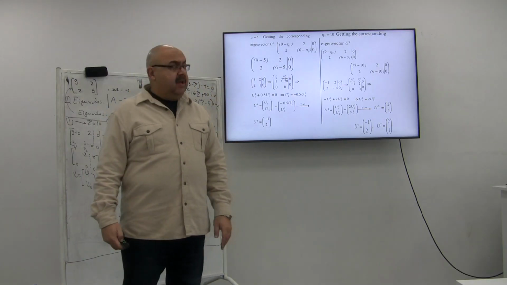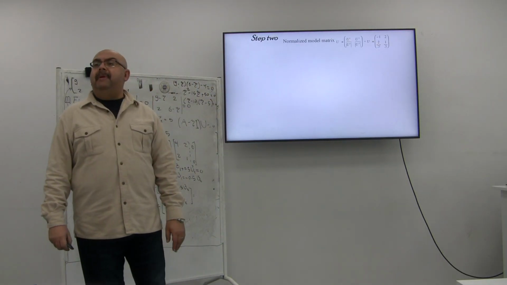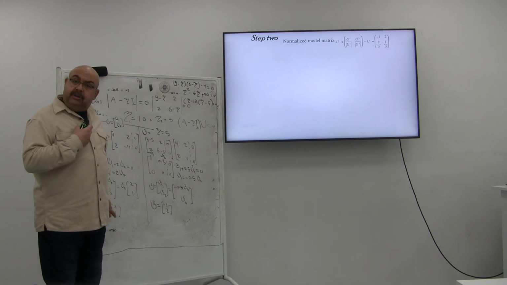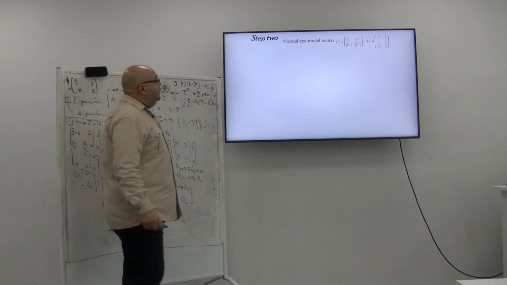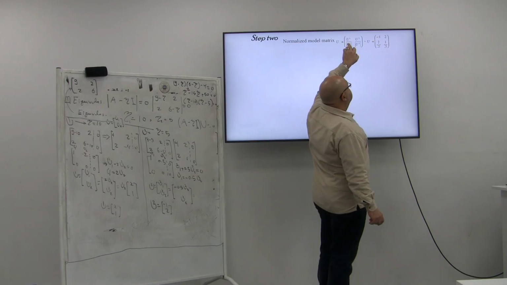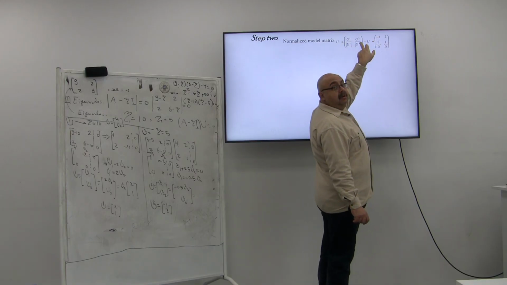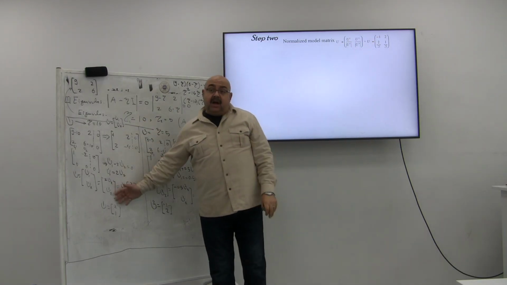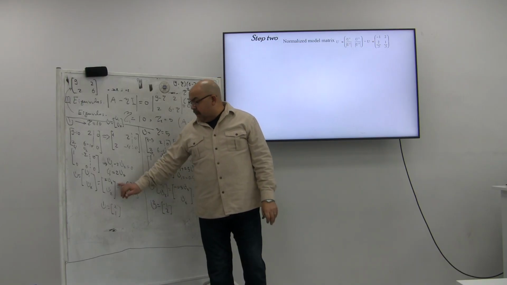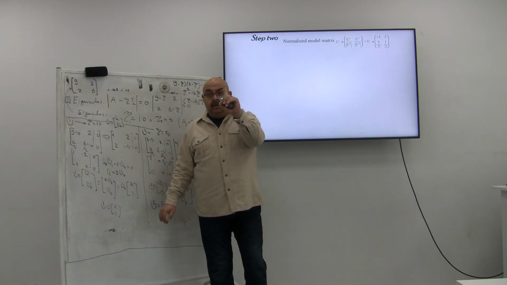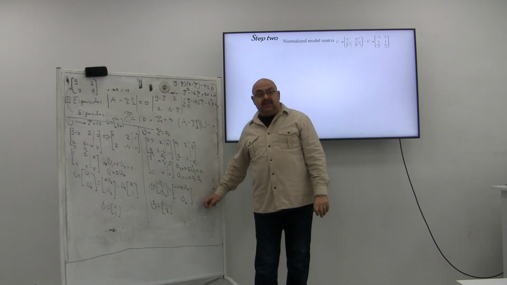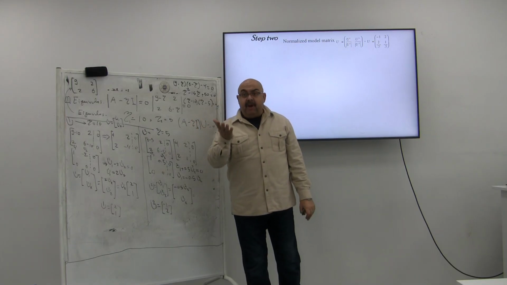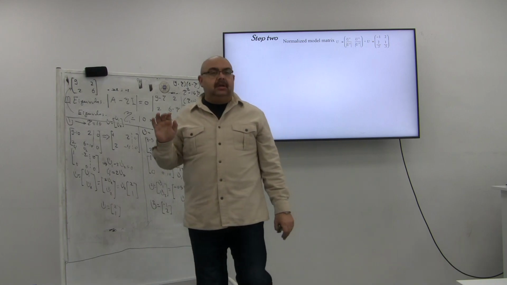What's the second step? I will get the also normalized modal matrix. I will take the first vector and the second vector. The first vector will be the first column. The second vector will be the second column. Do you read me? If you remember, while I was evaluating this guy, I've considered u1 sub 2 is equal to 1. And when we were talking about this guy, we considered u2 sub 2 is equal to, and I can use any number, am I right? In order to generalize our solution,